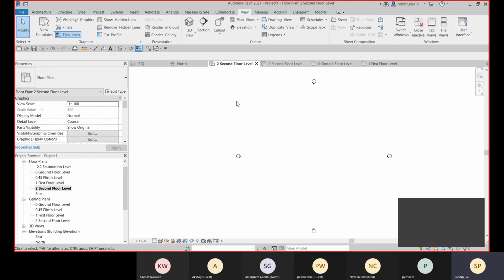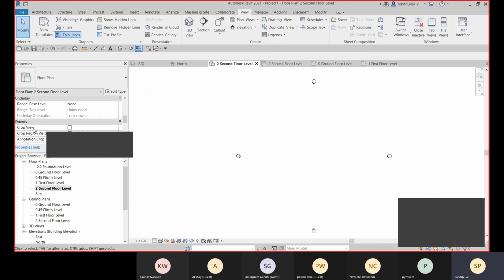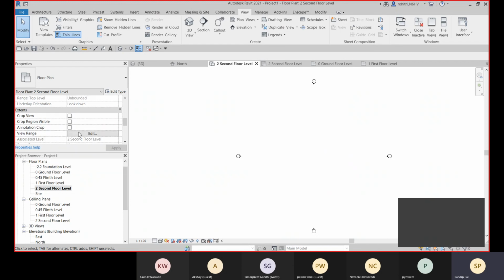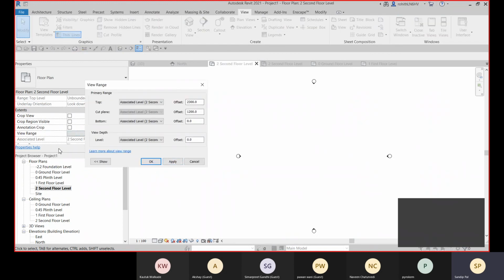If you need to see all the grids, you can change the view range option. You have this view range, go to its edit, and at the bottom you see that it is associated to level 2 only. You can change it to another level, and as per that you need to go with the view depth also, and these will be visible.